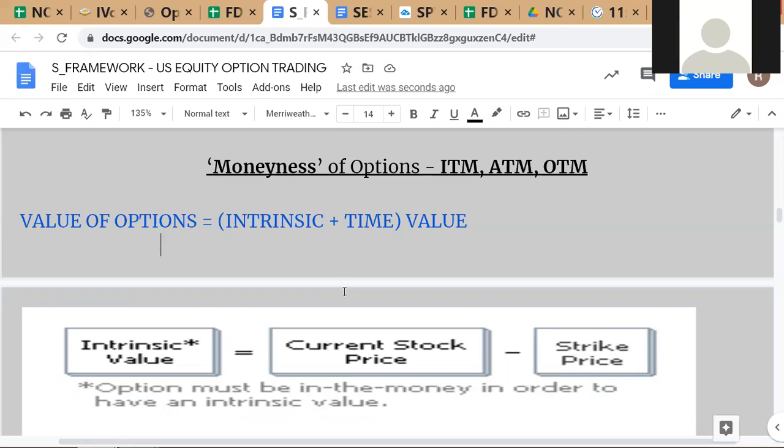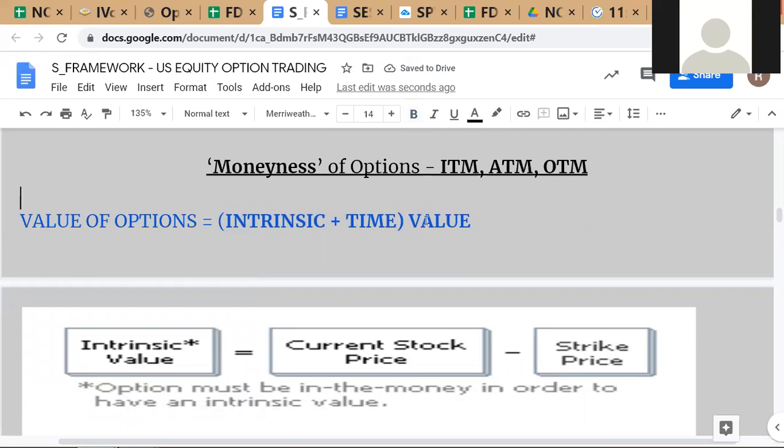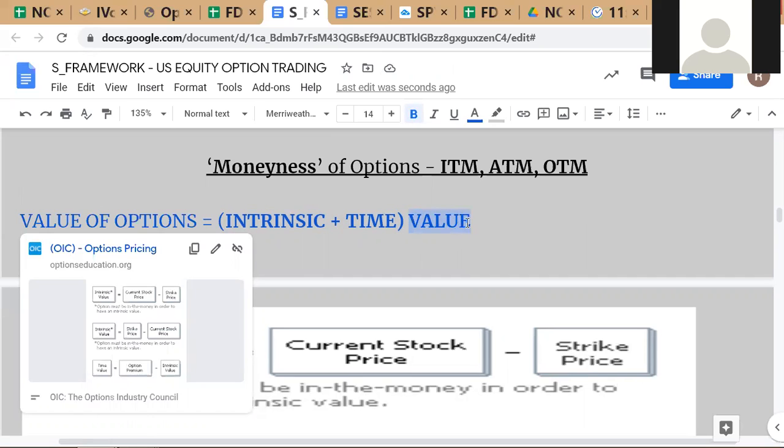When you're going through this particular sub module, you should understand what the key concepts are that we are learning. Those will be moneyness, ITM, ATM, OTM, intrinsic value and time value. That's also important. The bracket is how it's supposed to be read: intrinsic value, time value. To avoid any confusion, let me just put it here and take out the bracket.